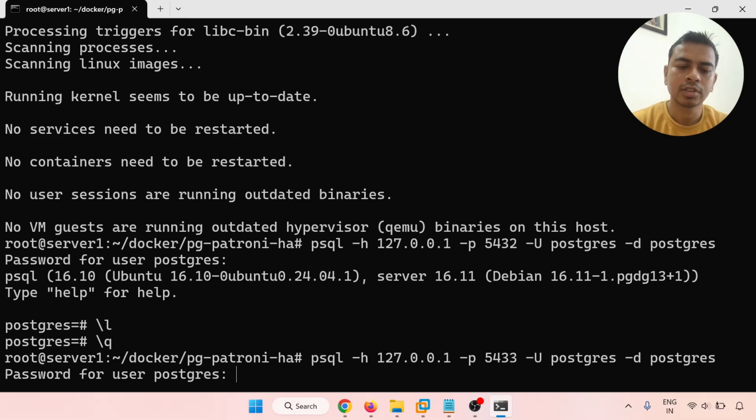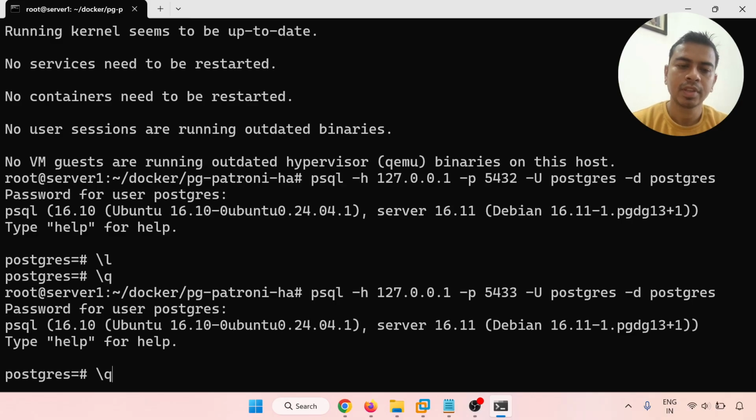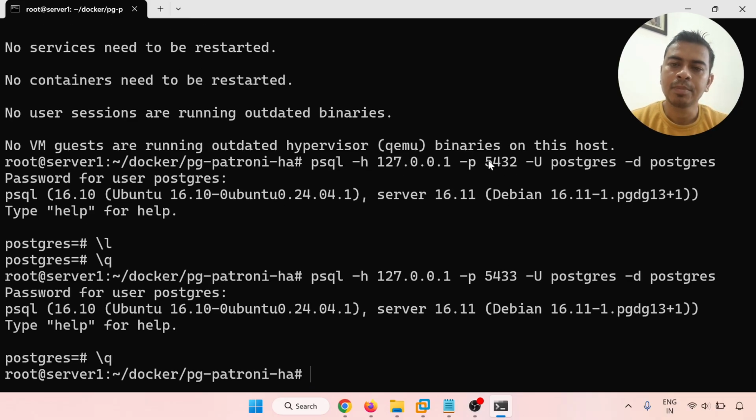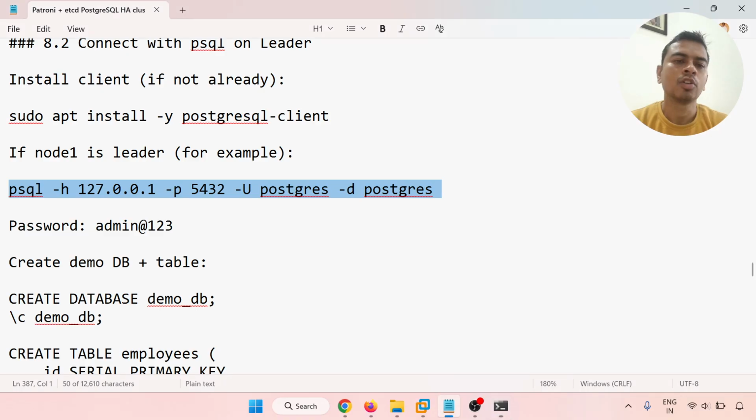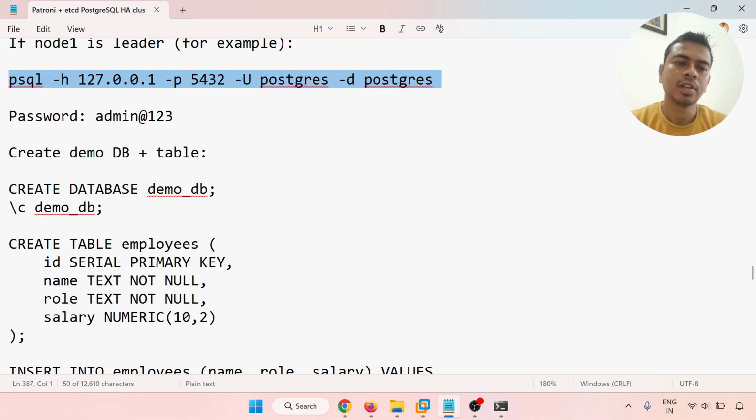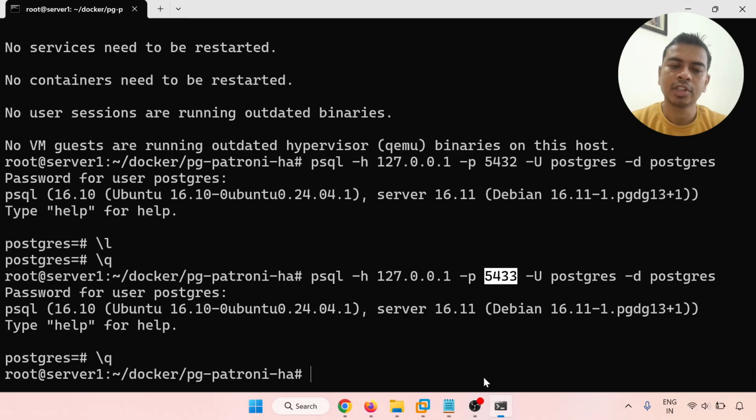So both the servers are running. 5432 is the primary port and 5433 is the secondary port. You can go to the configuration above, I have already discussed. Now I'm going to access the 5432,